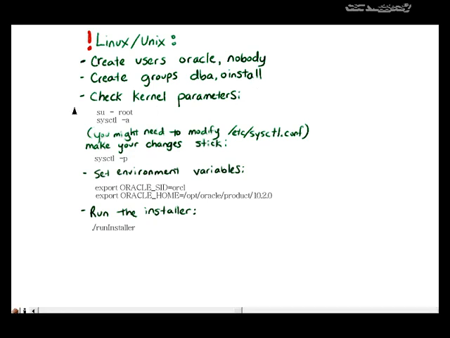Okay, so also you need to make sure that you have the proper kernel parameters. So you would look at the documentation and then make sure that you have the proper parameters mentioned in the docs by logging in as root and then typing in sysctl -a. Now, if you find that your parameters aren't correct, then you'll need to modify them. So you'll go into the /etc/sysctl.conf file, make your modifications, and then type in sysctl -p to make your changes